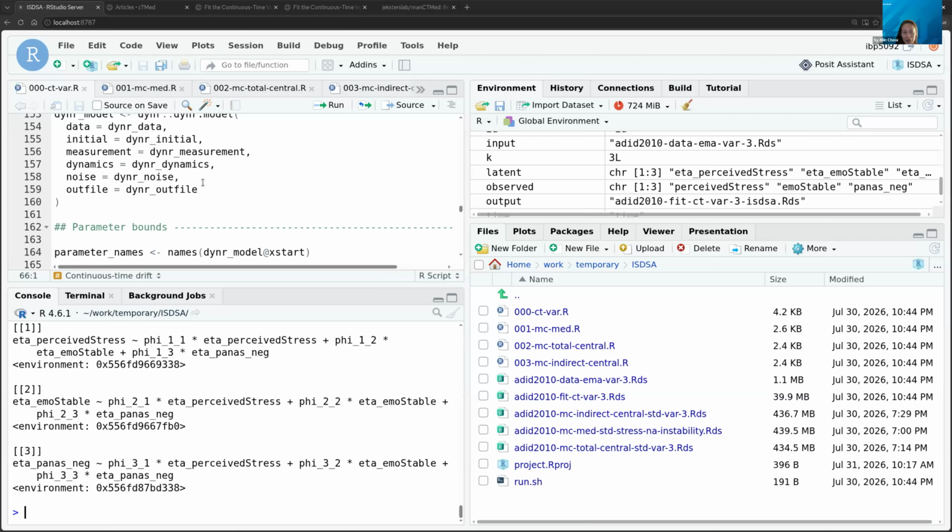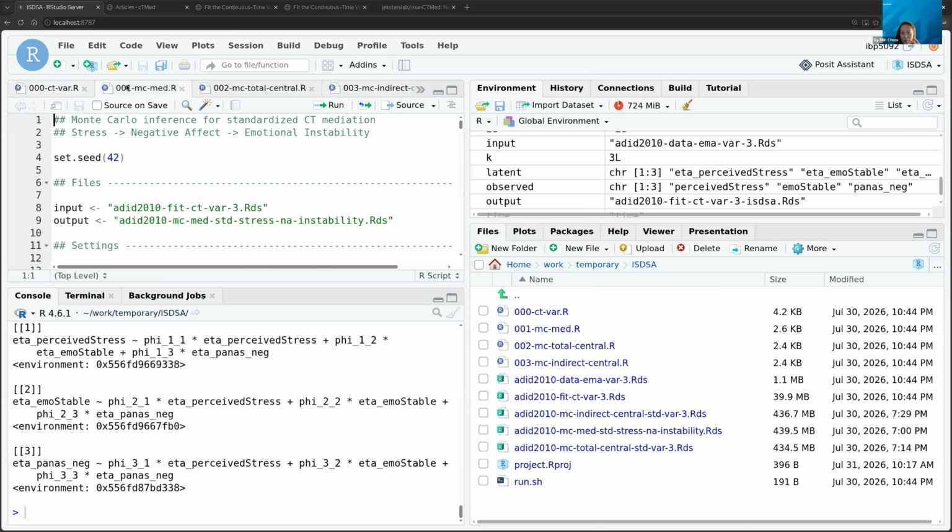So basically 001 gives a script for fitting a continuous time VAR model using dynr, but someone else may use OpenMX or other programs for doing this. But ultimately, what we need extracted from there would be what Jack calls the phi matrix, what I call the transition matrix, that has the matrix of ARs and CRs in discrete time, or here, because it's in continuous time, it's basically that drift matrix, right?